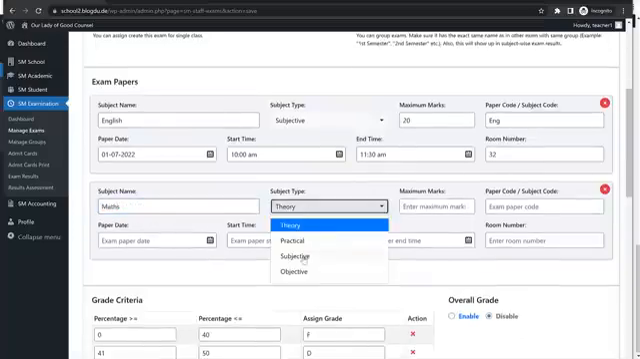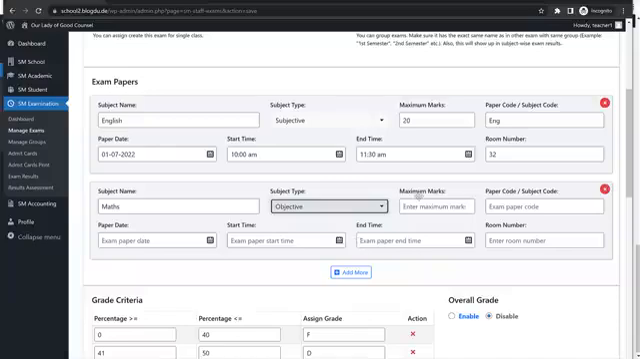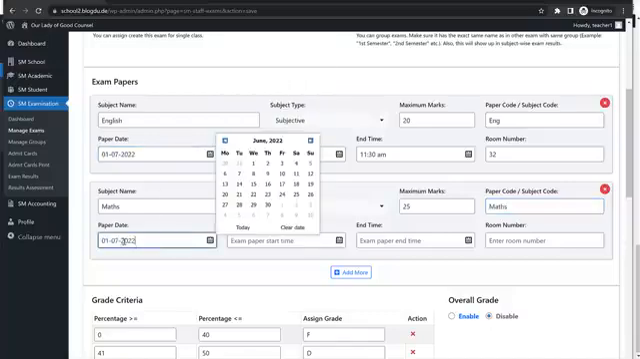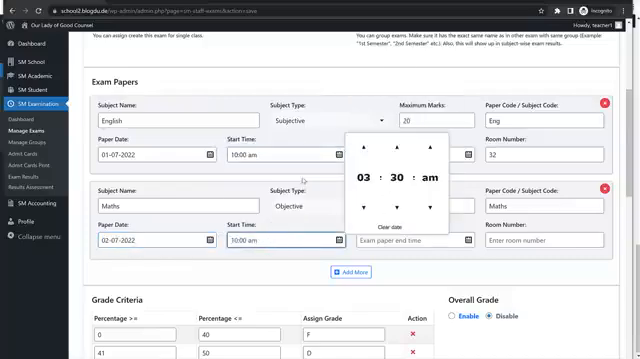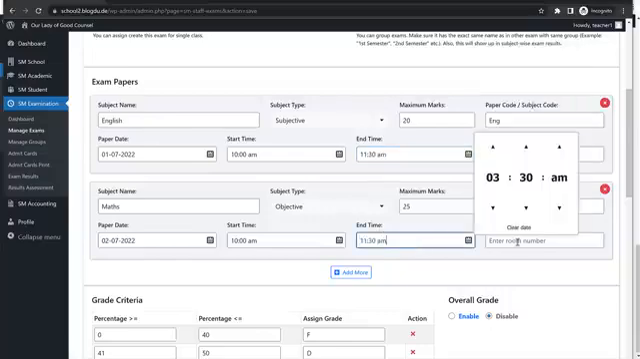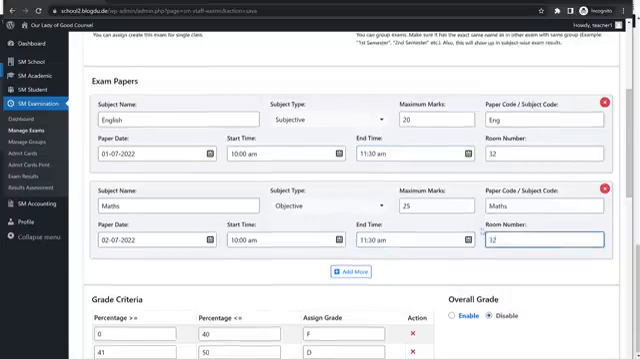Okay, you can select this thing, theory, practical, whatever it is, and total marks, paper code. You can type in the paper code, then exam date and time. Okay, so I'll change the date to 2nd of July. And timing is same, 11 to 11:30. So I'll just copy and paste in this thing, room number 32, and you can keep on adding this thing,